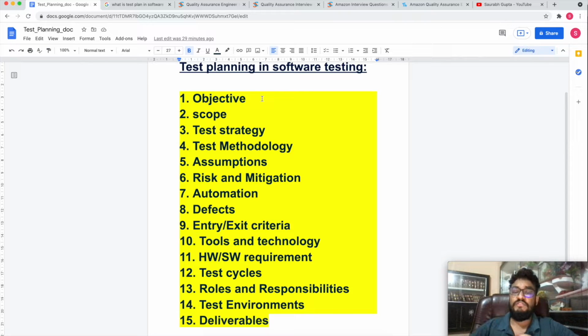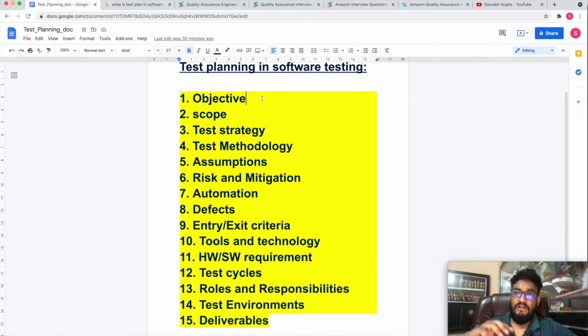This could be Bugzilla, Jira, Rally, or any of the variety of tools available in the market. Also, how your defect life cycle should be, and whether there are any customized fields in Jira. That whole process would be written under this defect section, including the defect life cycle you will be following.